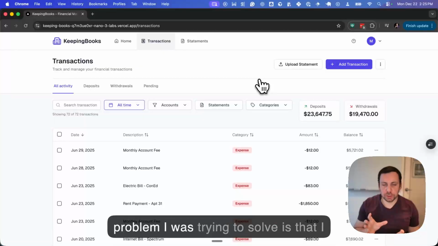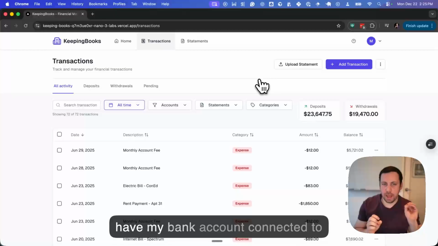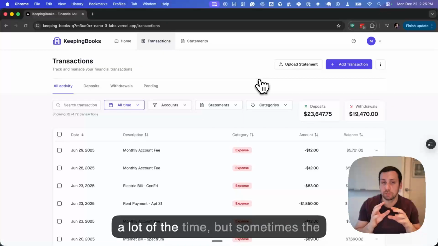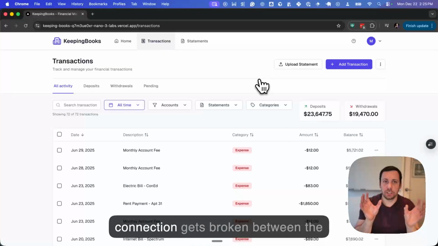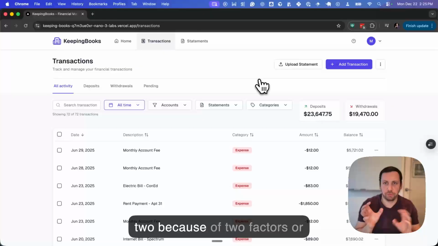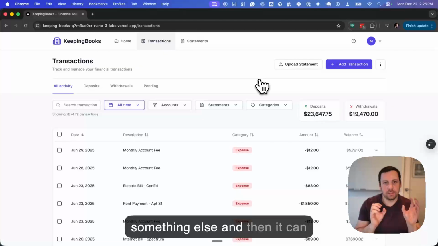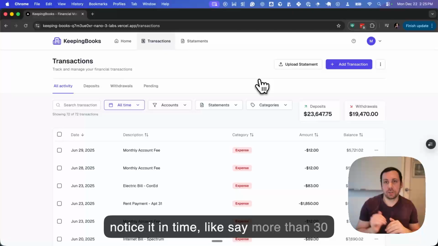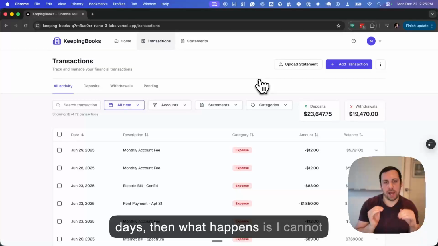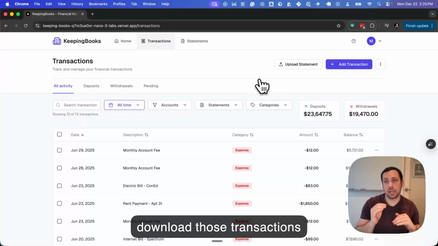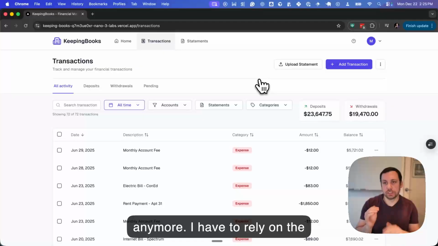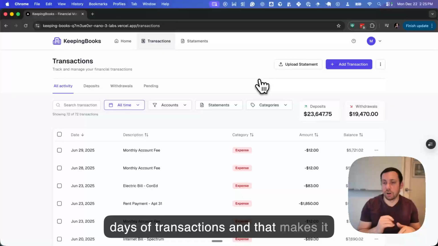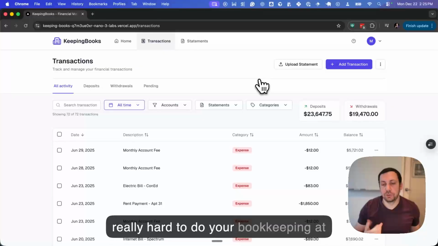So the problem I was trying to solve is that I have my bank account connected to my QuickBooks account, and it works a lot of the time. But sometimes the connection gets broken between the two because of two-factor or something else. And then it can't download a transaction. If I don't notice it in time, like say more than 30 days, then I cannot download those transactions anymore. I have to rely on the statement. The bank only gives 30 days of transactions,